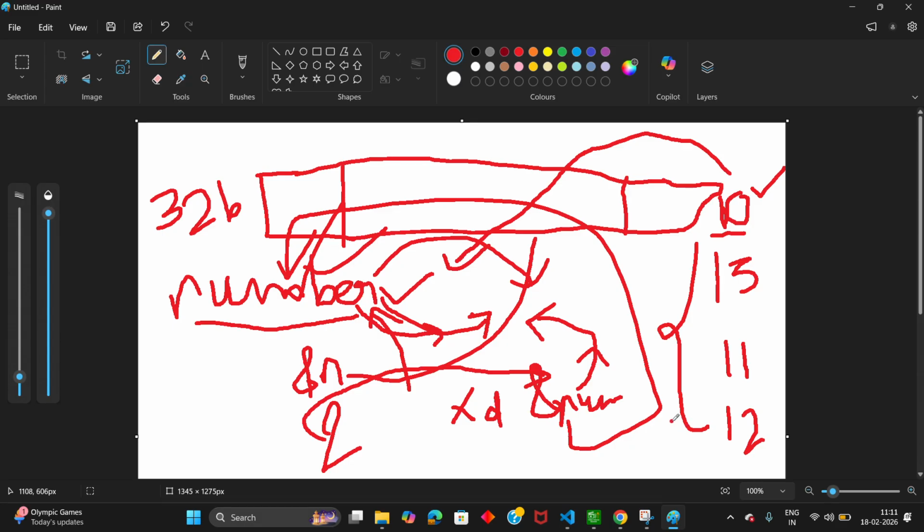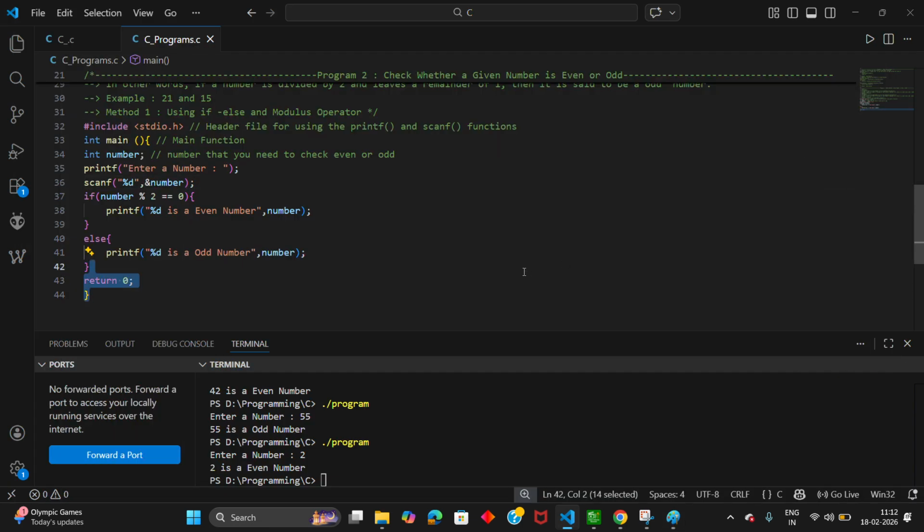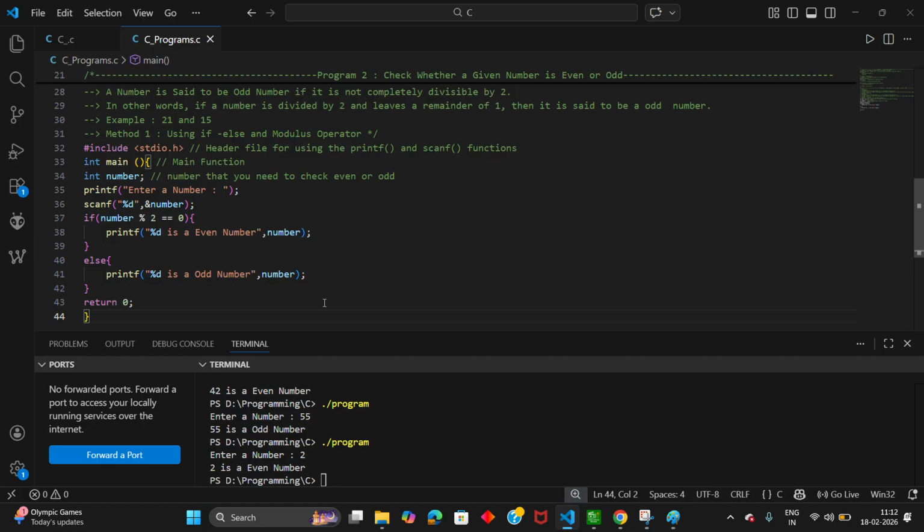The number is the value which you store in the memory location. But &number is the address of the memory location, and at that address we store the number. I hope you got this point. If you didn't, don't worry, we will discuss it in the theoretical part.